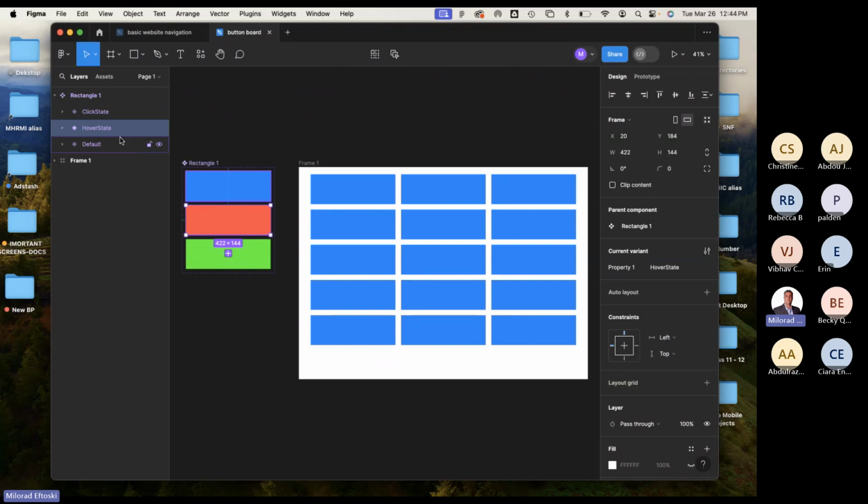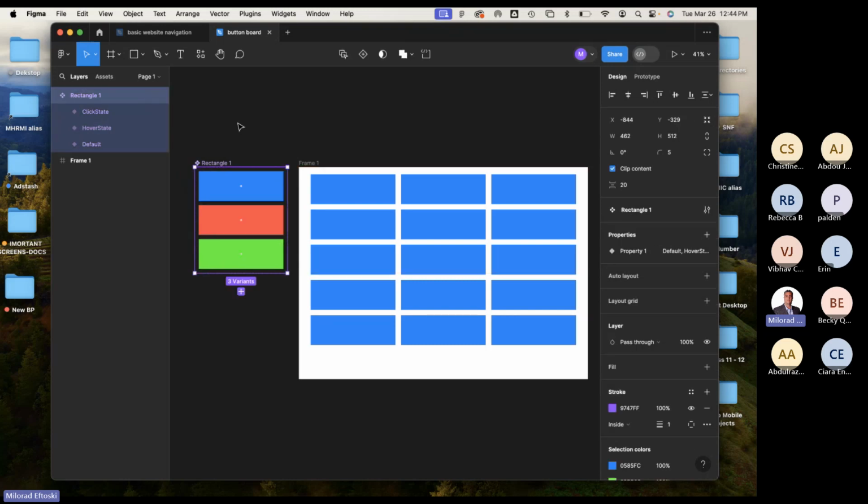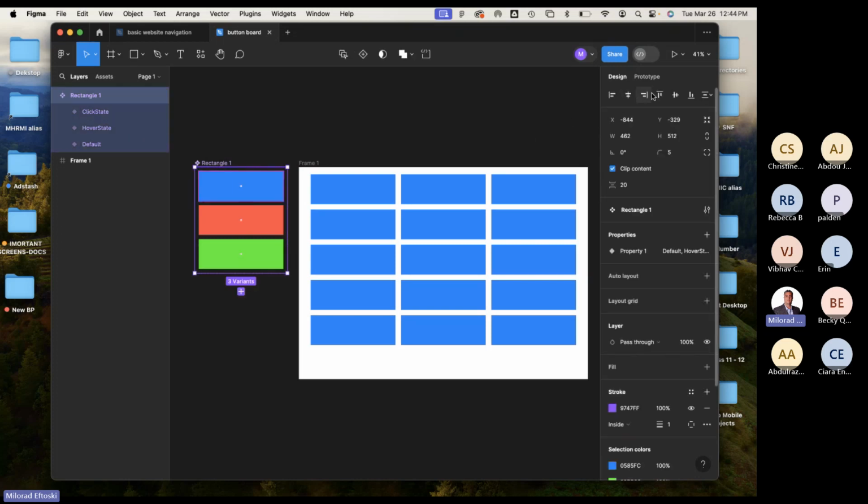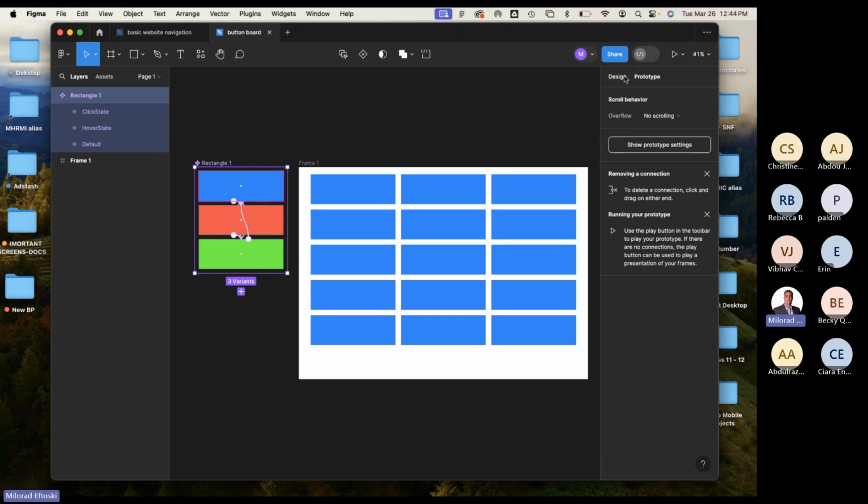You can click, you can hover. Well, hovering only works on desktops. You don't hover on a mobile. So if you're doing a website, you can do hover states and click states, which you are doing. But if you're doing a mobile app, no hover state, please. No need. In result, we took all these different states and connected them using the prototype panel here,